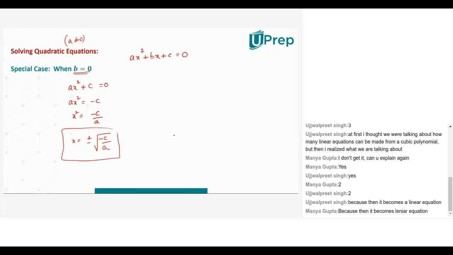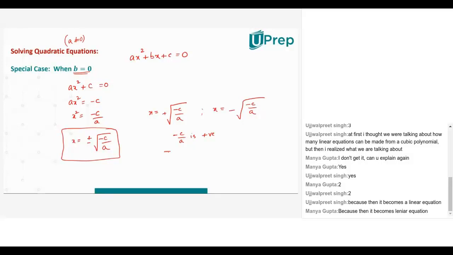So did I get both the solutions? One value of x is plus root of minus c by a, and another value of x is minus root of minus c by a. I got both the roots. Now here you observe one very, very important rule here, because there is a square root term. The square root exists only for a positive value. Now look at the term inside the square root. It is minus of c by a. When will this square root exist? Provided minus of c by a is positive. Correct? Then only the square root exists.